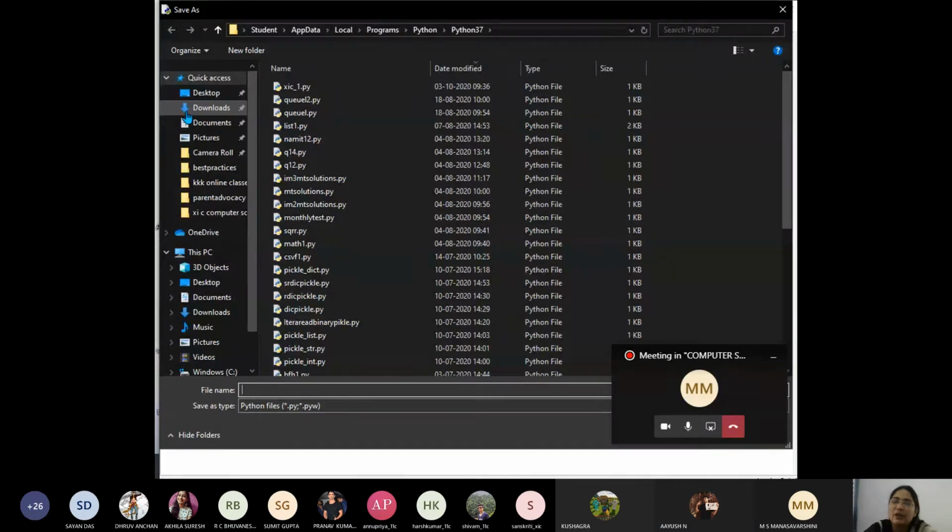Save As means you are making one more copy of the file. Save means in that file only you save whatever modifications. Got it? What is the difference between Save and Save As? Save As creates one more file, one more copy. Yes, very good, Ayush. Harsh, tell me the difference. Ma'am, in Save As there will be 2 copies. Correct. So what is the purpose of Save? Whatever changes you have done are saved in that file only.